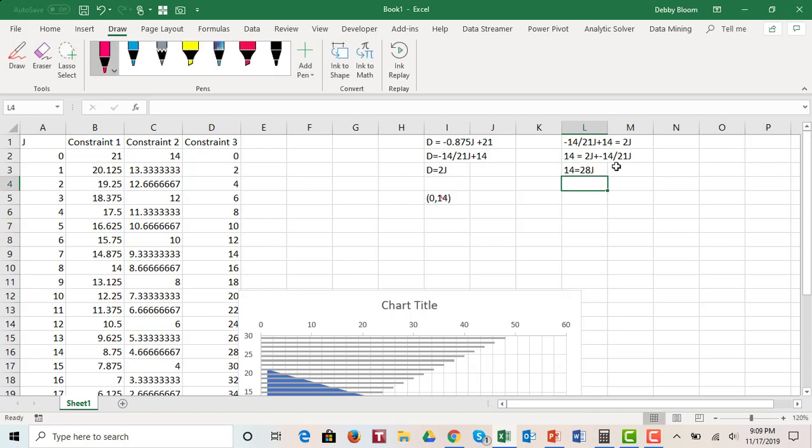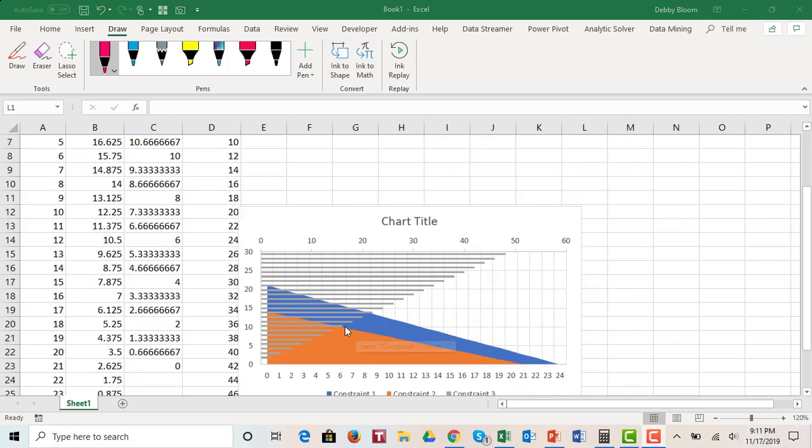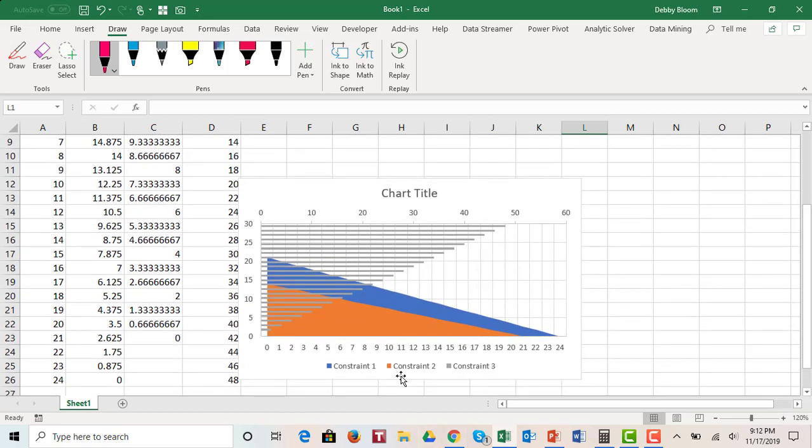So to solve for j, now for our second point, we have to find where our two constraint lines cross. So we're going to go back to our original equation. Notice for this point it's not on the blue line, it's on the orange line and the bars, so we're only looking at constraint 2 and constraint 3, not constraint 1. So what we want to do is set constraint 2 and constraint 3 equal to each other. So going back to the PowerPoint just for a moment,